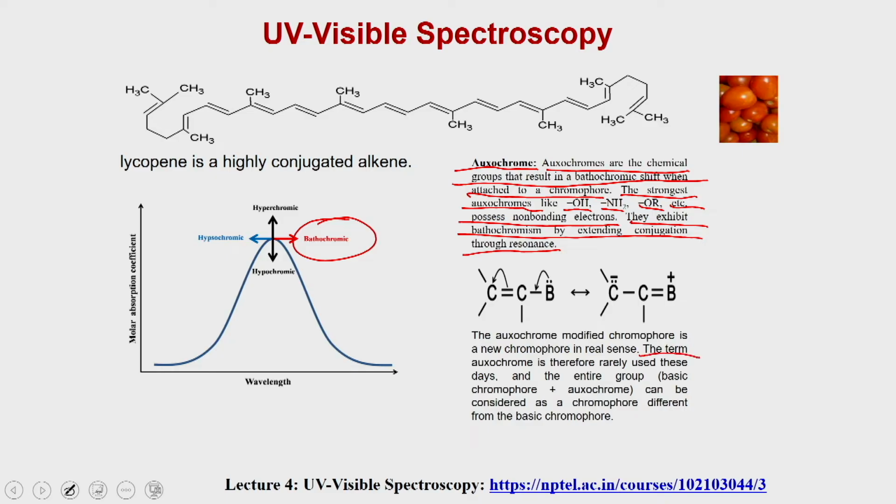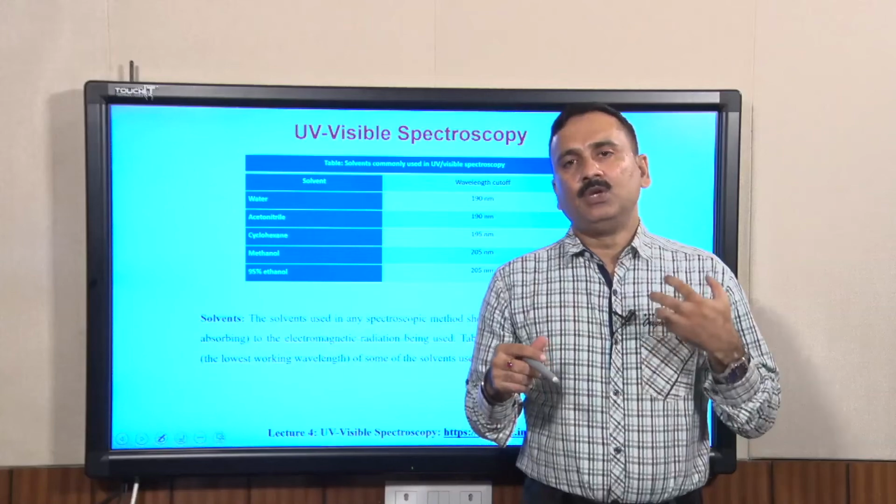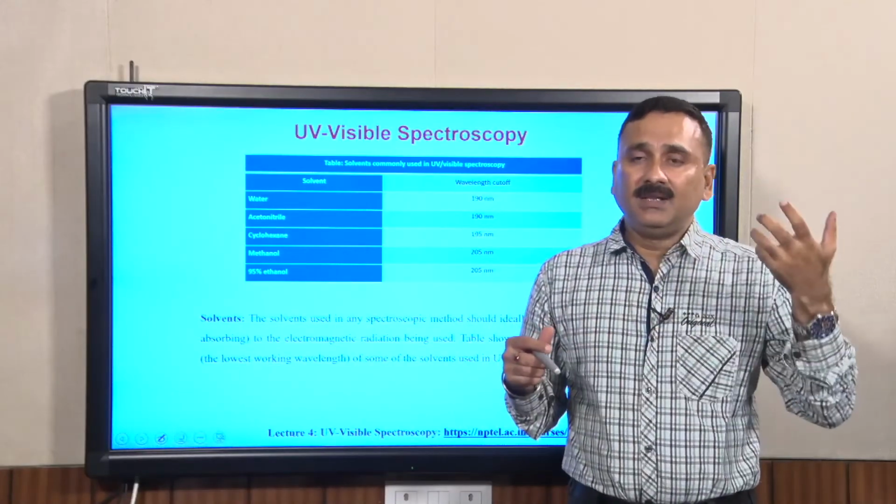The term auxochrome is therefore rarely used these days, and the entire group can be considered as a chromophore different from the basic chromophore. Apart from that, when you do UV visible spectroscopy, you actually measure the absorbance or the transmittance in a